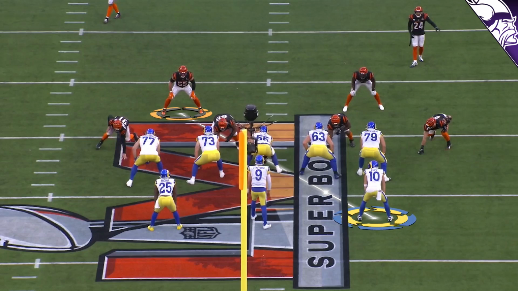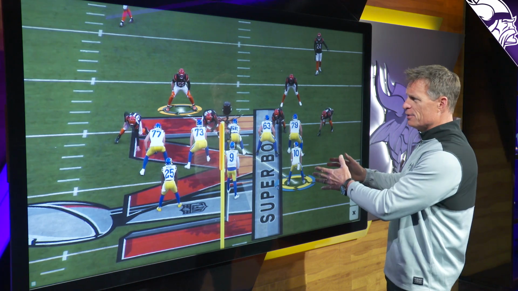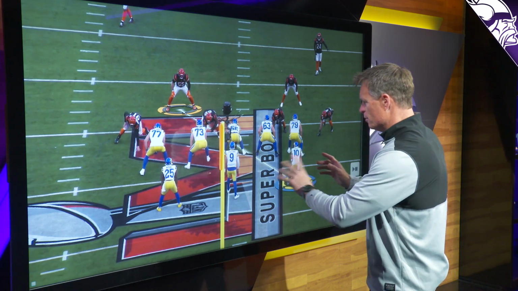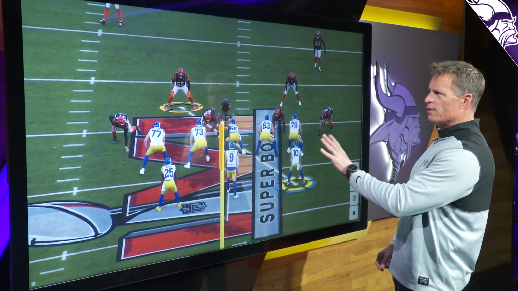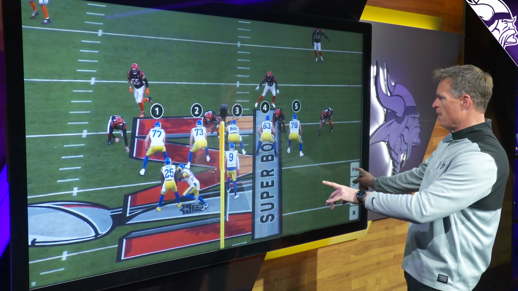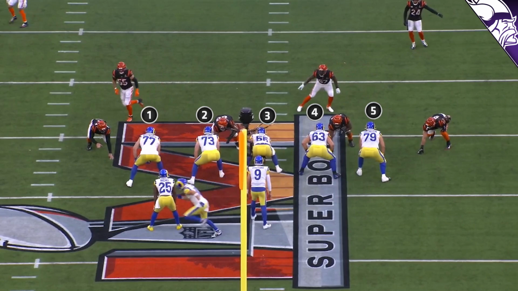All right, another way that you can do that. In this case, Cooper Kupp's in the backfield. Now, Cooper Kupp, red flags all over the place. We got a wide receiver in the backfield. This is different, this is new. All they're really doing here is motioning him out of the backfield, and look what it does to the defense. You're gonna see this linebacker all of a sudden has to step out, and by doing so, pulls him out of the box, and now they have the number count. They have 5 defenders on 5 offensive linemen.